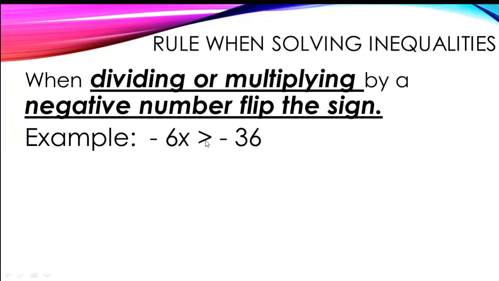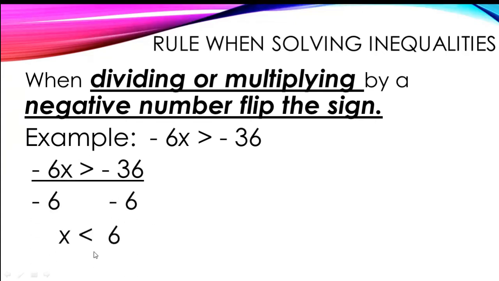Minus 6x is greater than minus 36. Now we need the value of x, but x is along with minus 6. So what you will do is divide by this value, or you can say you will send this minus 6 to the other side. Here multiplication will go to division along with the sign, so you are sending the minus sign also to the other side.